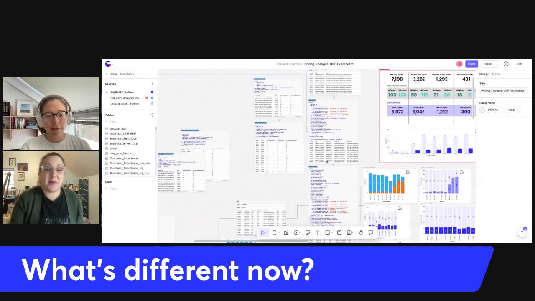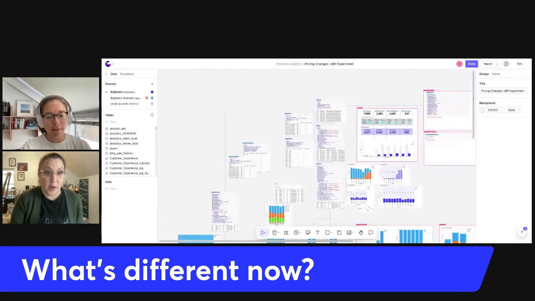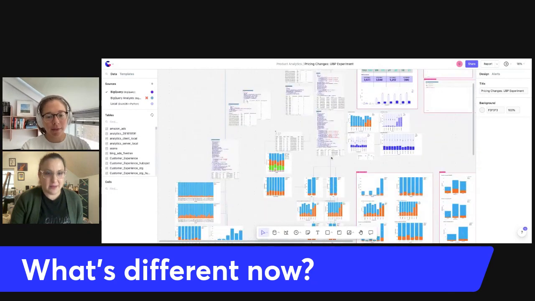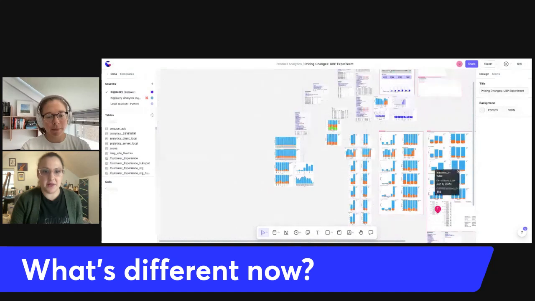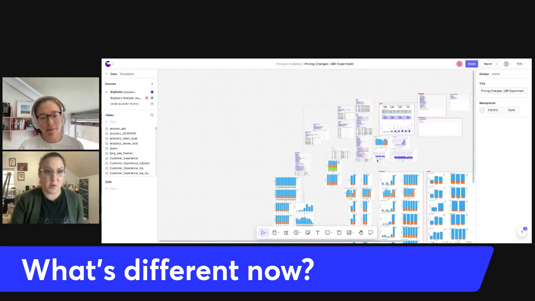But this was an experiment that we ended up pivoting away from. We were able to do that because we had it in the Count canvas. We were able to create all of these visuals and tell a story to our stakeholders of what was happening. And they were like, yep, nope, that's not delivering what we want. And now I don't have to